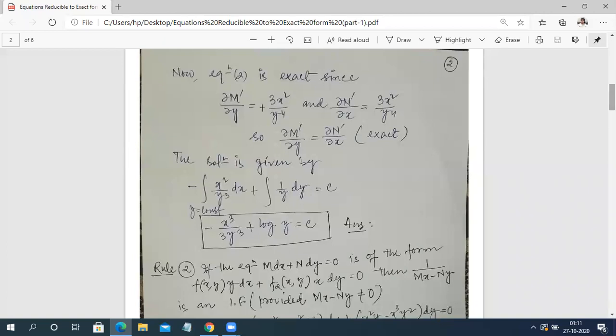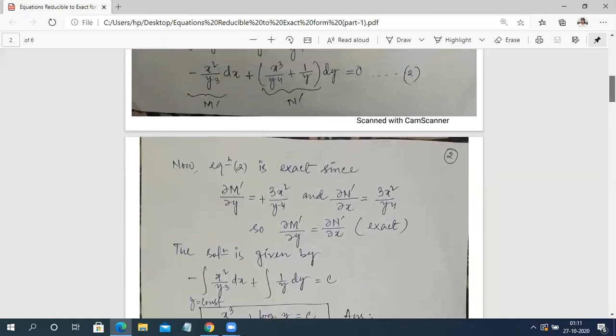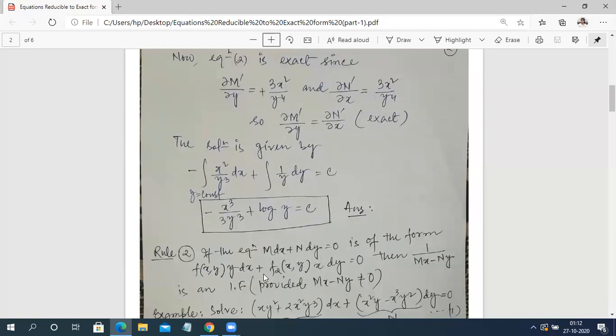integration of the terms in N which are free from x, not containing x. The first term contains x but the second term is free from x. So integration of 1 upon y dy is equal to c. Now when we integrate this with respect to dx, it will be 2 plus 1, and in the denominator also 2 plus 1, so minus of 1 upon 3x³ by y³ plus log of y is equal to c, and this is the answer of the given